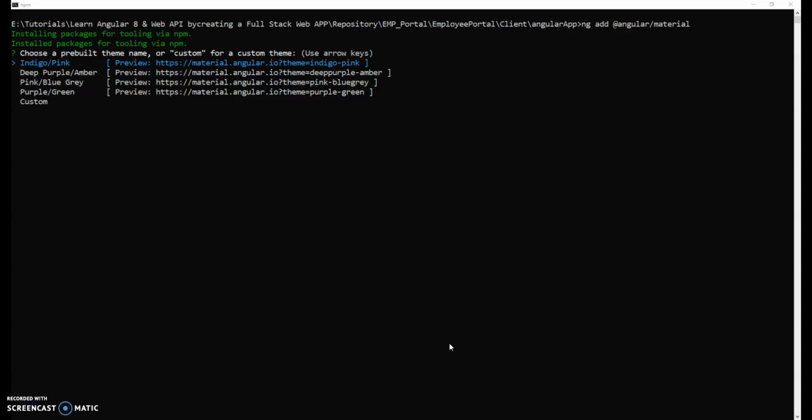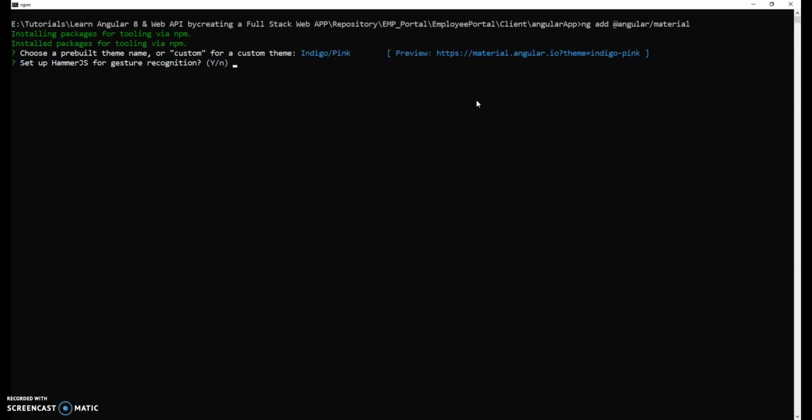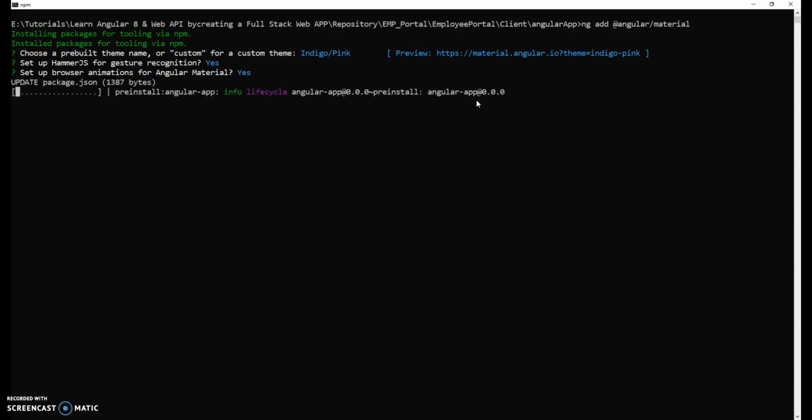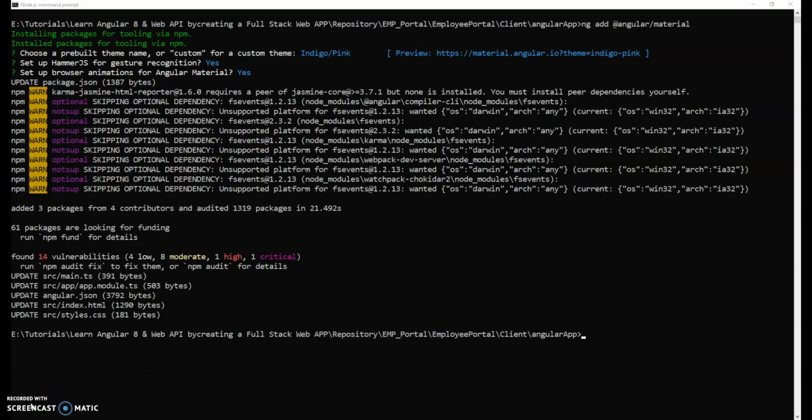Just come back to our command prompt here, and it is asking what type of theme we want to install. I'm just going with the default, Indigo Pink. Press enter, and then it is asking for HammerJS. Say yes, enter. It is asking for animations. I'm saying yes, enter, and our package.json will get updated with all these dependencies in our project. Once the installation is complete,